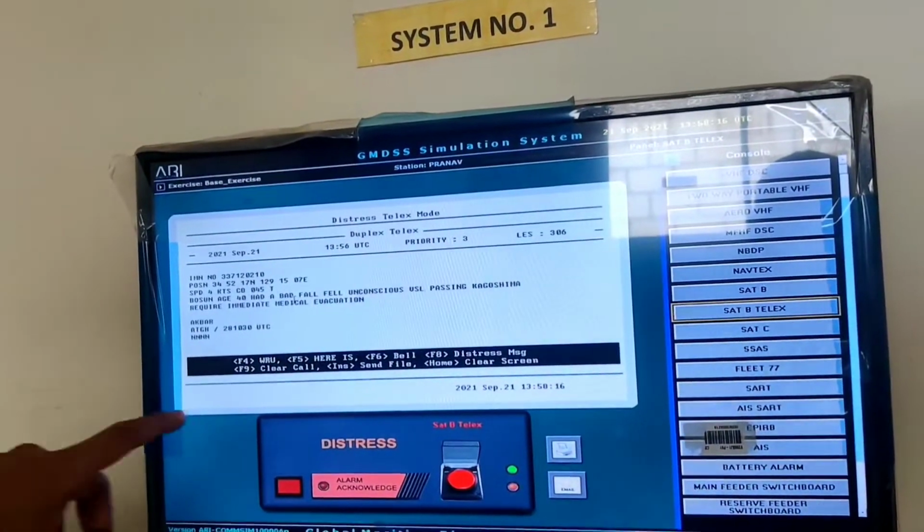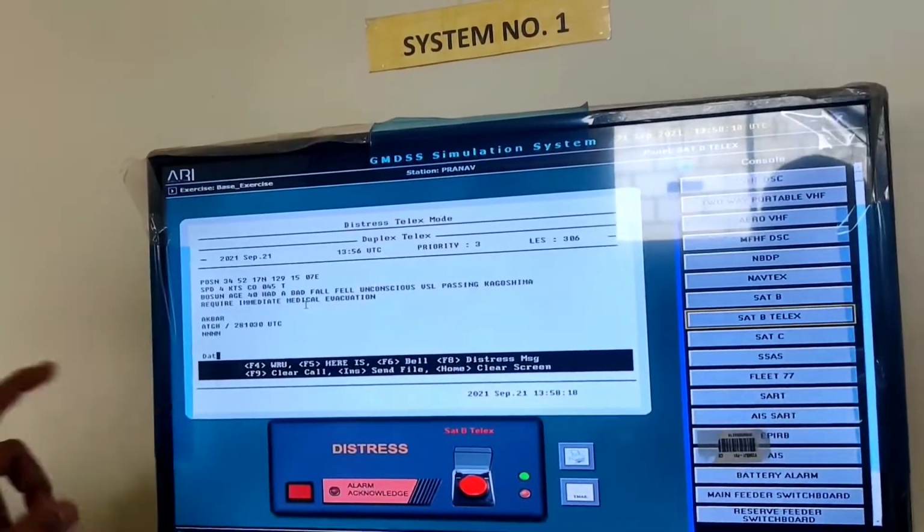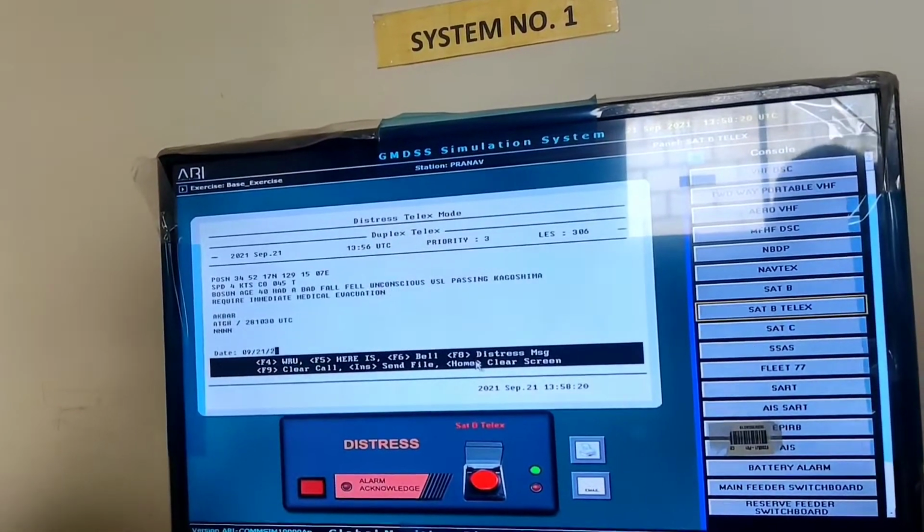Once the message is transferred, press F9 to clear the call. Now call is cleared.